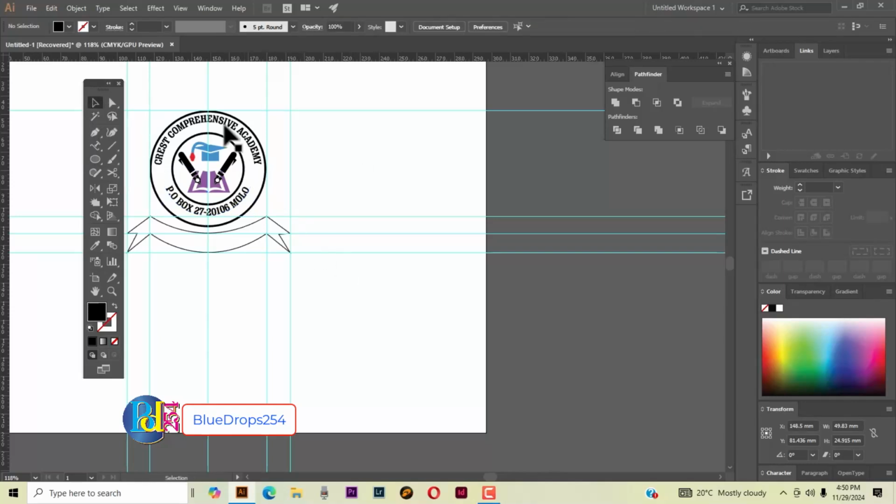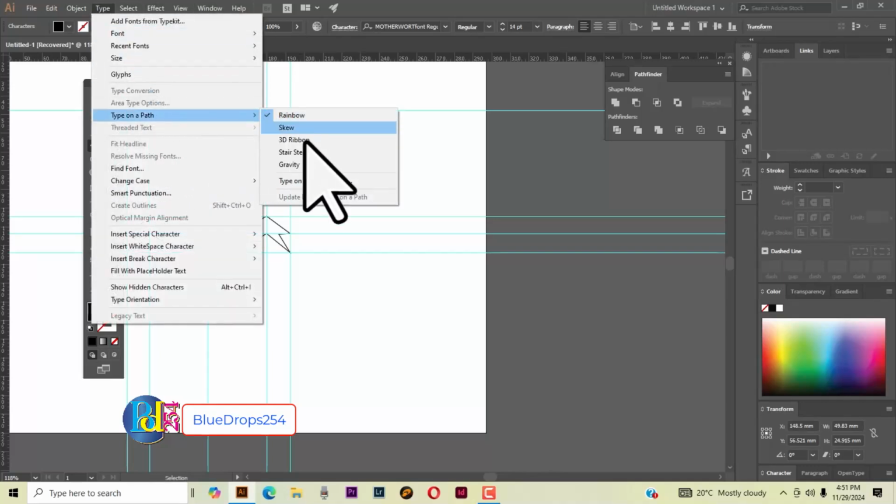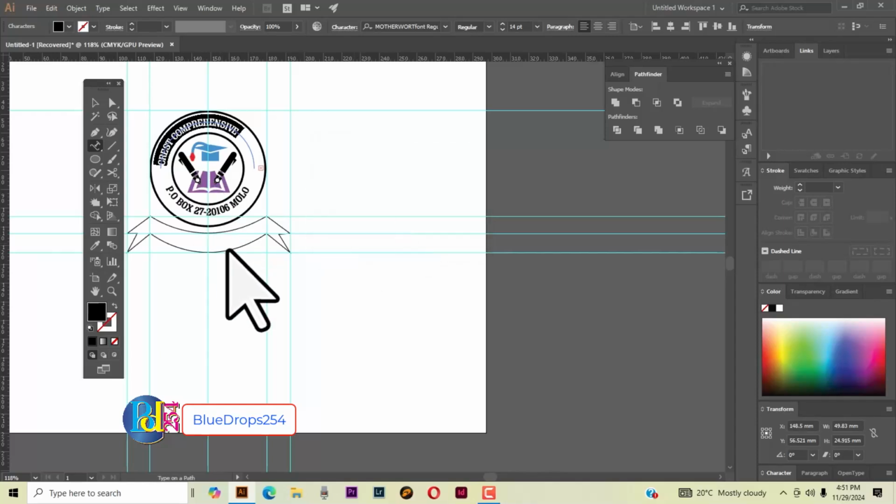Now click on the upper side. Now select the upper text, Control A to select all of it. Then go on type on a path, then type on a path options. Then look at align the path and select the center. Then if you check on the preview, you can see it has been aligned to the center. And then click on this other one,